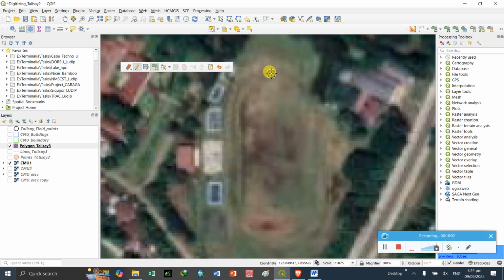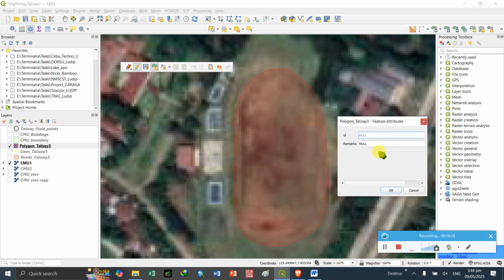So we need to have multiple line segments to represent the curve line of the oval. Okay, and right click, oval.